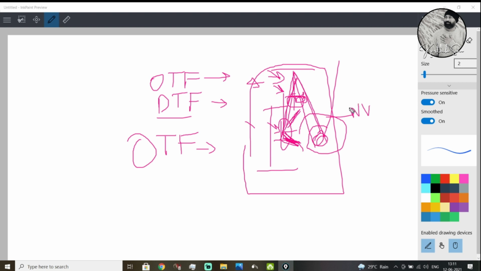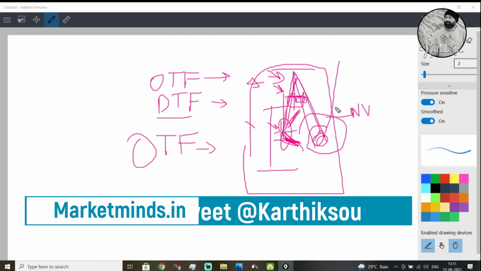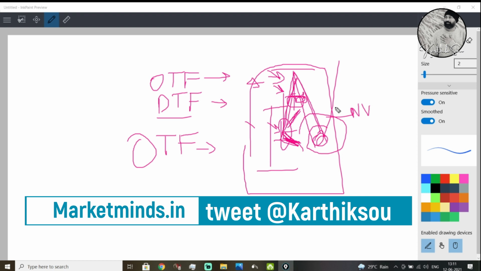Okay. So now this is what happens between OTF and DTF. When we are forming the directional structure, we are getting it from the OTF traders. If I am using OTF or DTF in future sessions or continuing in this session itself, don't get confused. OTF is nothing but other time frame traders. It includes retail traders, big traders and smart monies.